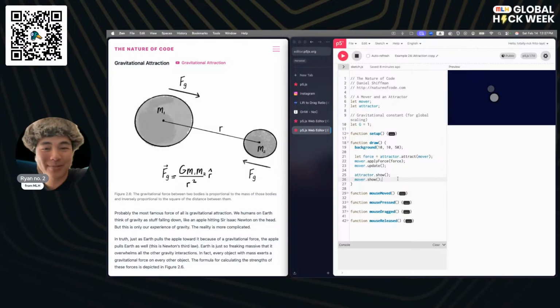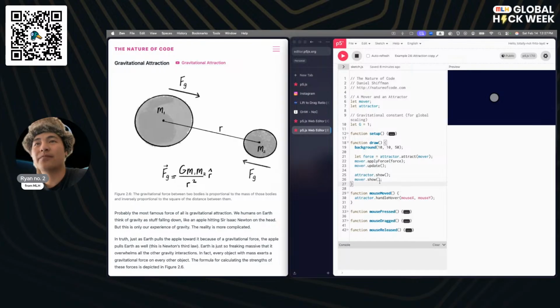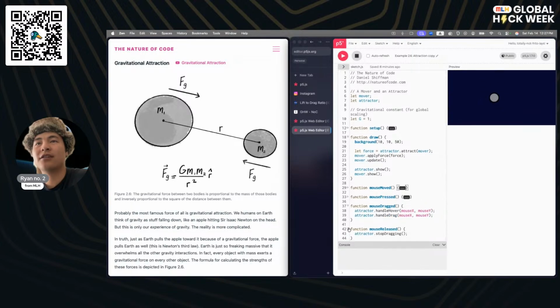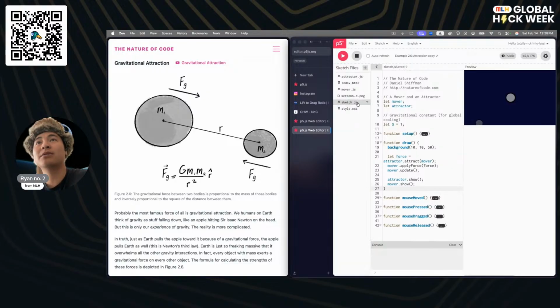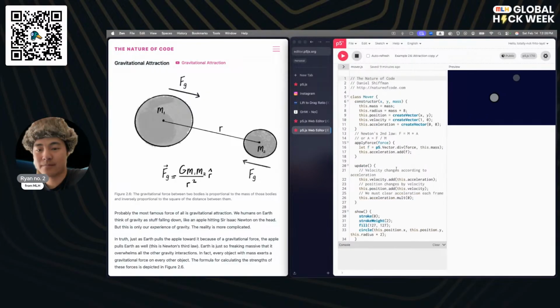So I'm going to stop talking about that, and let's just take a look at the rest of these functions over here. Okay, so we've got mouse moved. This uses a handler and just looks at wherever the mouse is. This uses another handler and another handler. Okay, so nothing too crazy to look at there. We will cover that when we look at the attraction functions. For now, let's actually jump into the things that I was yapping about.